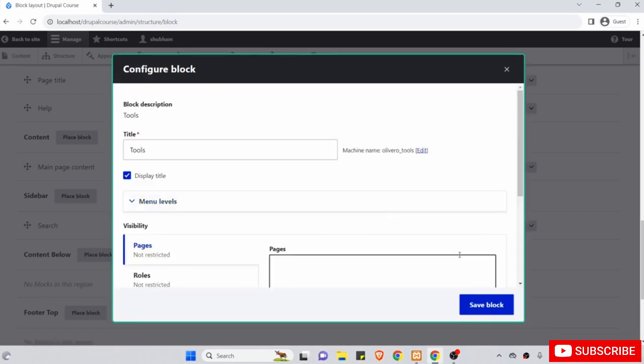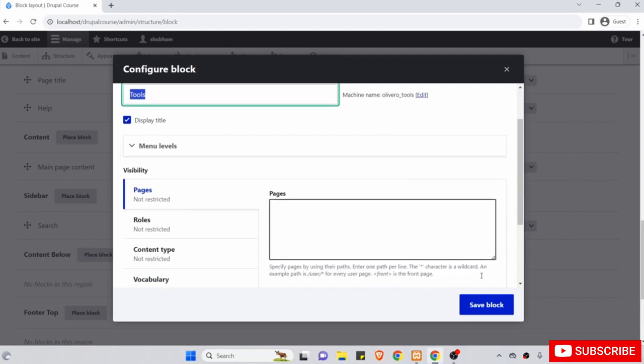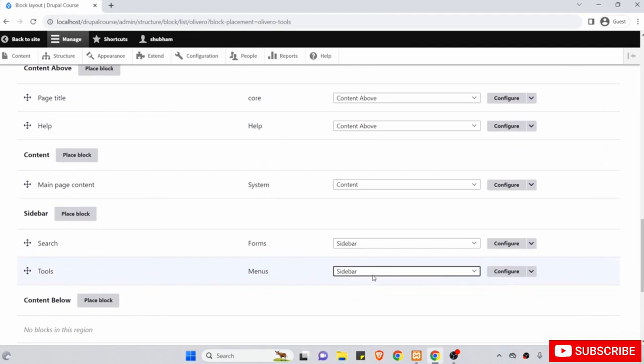and then I will click on place block, and after that I will not change anything because the tools title is fine, and I also want to display the title this time. So let me choose that, and then I will click on save block, and now this will be added to my website, and